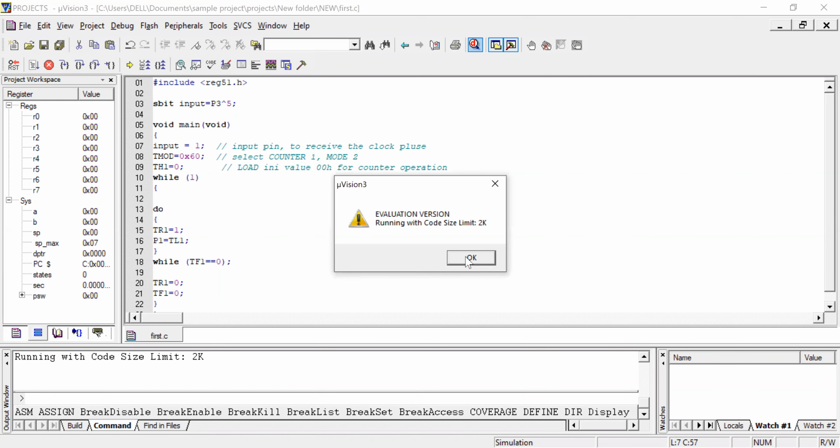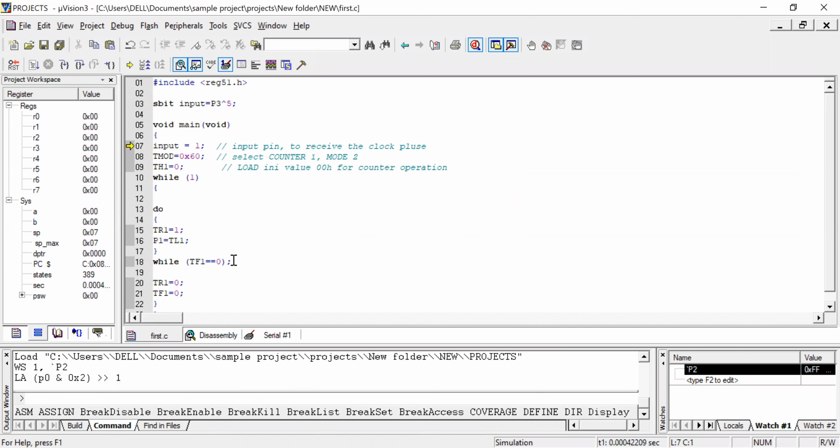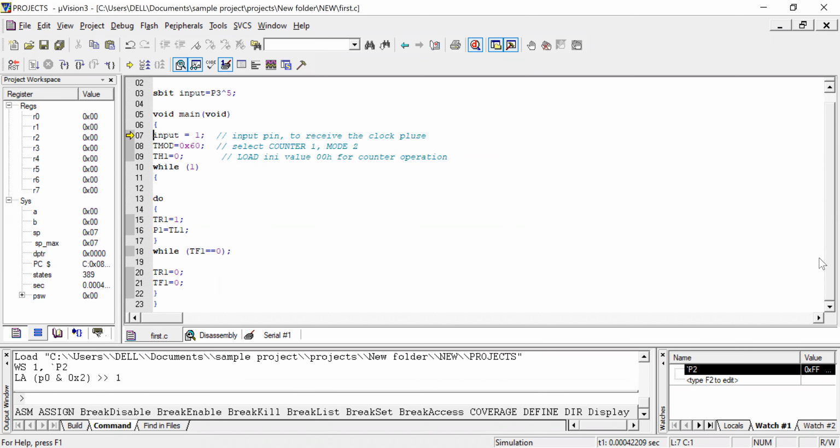Debug the program. As per the program, my output is P1, so I go to the watch window, press F2, and type P1 so that I can see my output there. Where is my input?